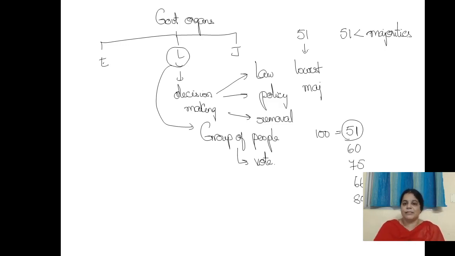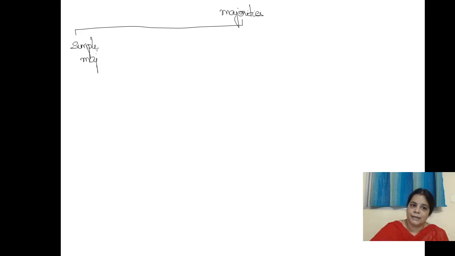In my interaction with many students, a lot of you are not clear about the types of majorities, so that was the reason why I am making this video. Now the majorities, we are going to first categorize them into 4 types. Let me first explain the different types of majorities. The first one is called a simple majority. The second is called effective majority. The third is called absolute majority. The fourth is called special majority.